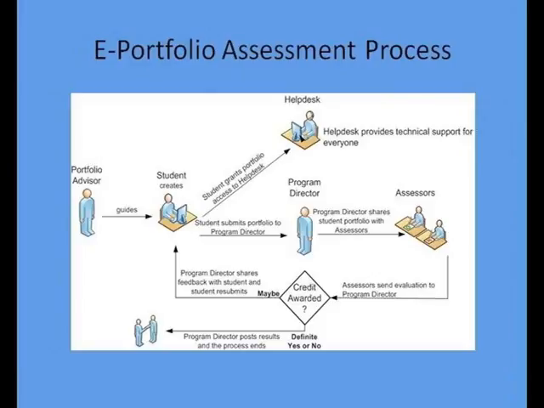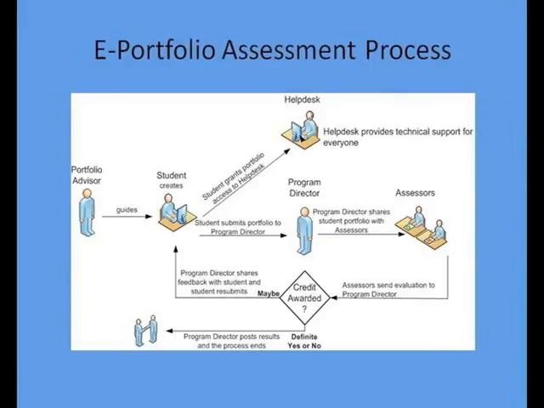But once the portfolio is deemed ready by the student and the portfolio advisor, it comes to the program director, that's me, and I advance it on to the assessors. Now, if the credit is awarded a definite yes or no, you can see how the arrow drops to the bottom. I post the results, send information back to the portfolio advisors to share with the students, and the process